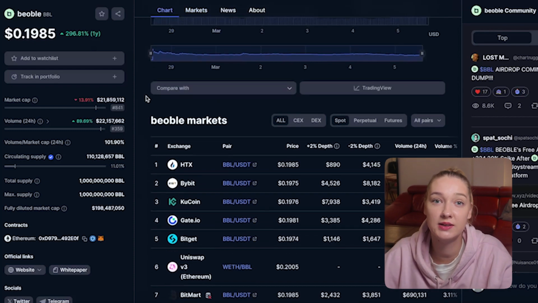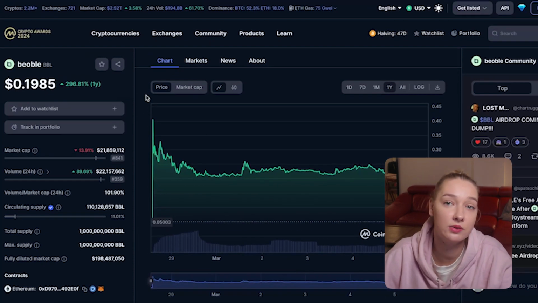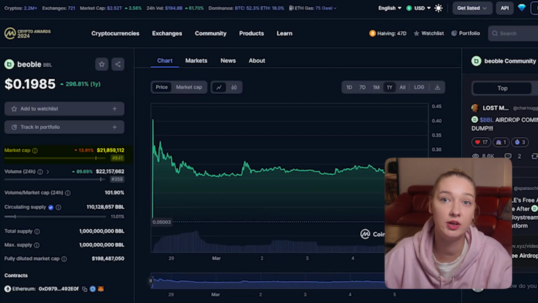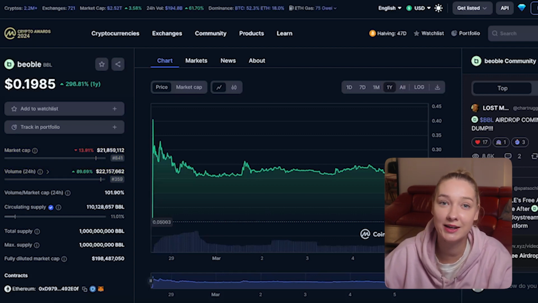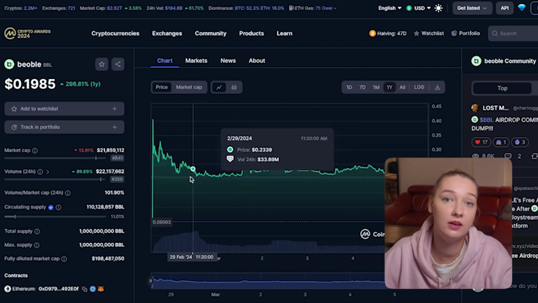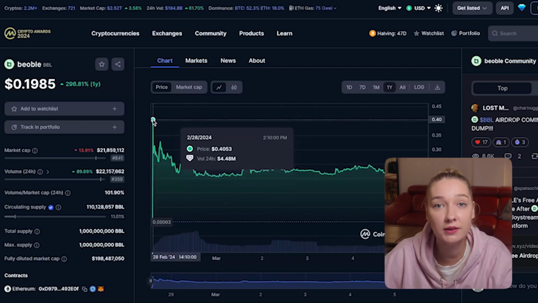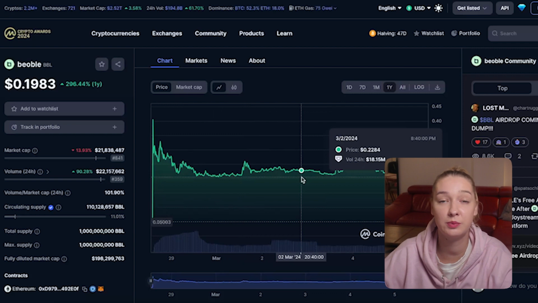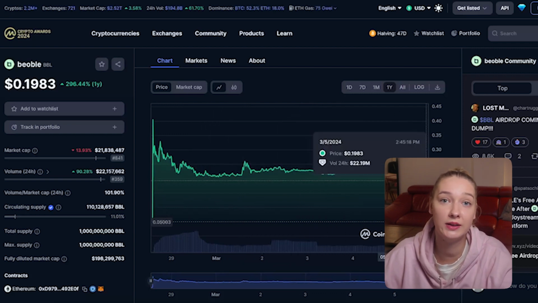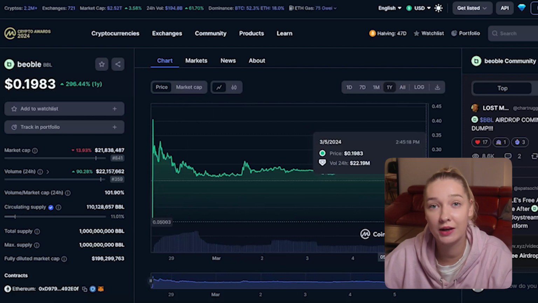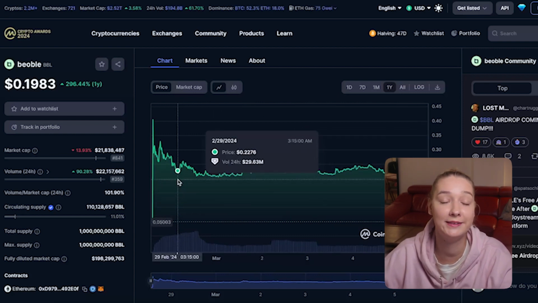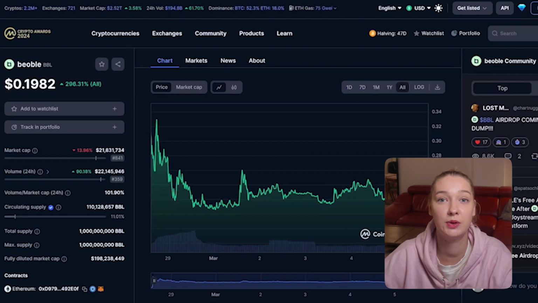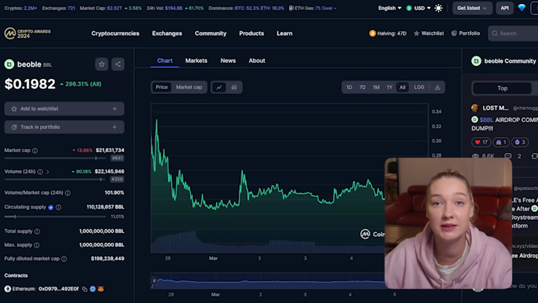And if we check how the chart looks and select all time, we can see that this token is really stable. Market cap of this project is more than $21 million, and today's trading volume is an even bigger number, more than $22 million, which I think is really insane and a really big number. And we can see that at the launch date, this project skyrocketed to the all-time high where the token cost 0.4053, and now we can see that the price is lower at 0.1983. So right now, guys, is actually a great opportunity to invest into this project before this year's bull run. So that's why I think this could become the next 100x token, and I definitely see the potential here.